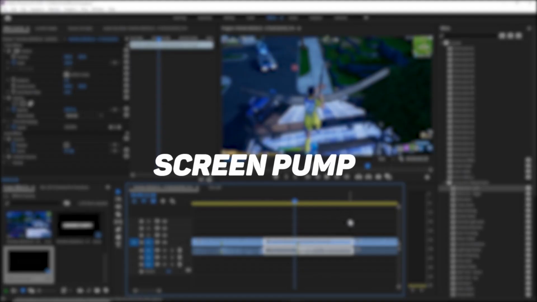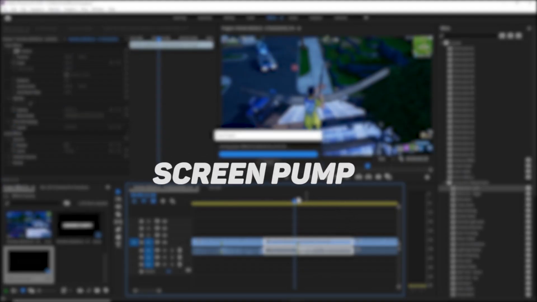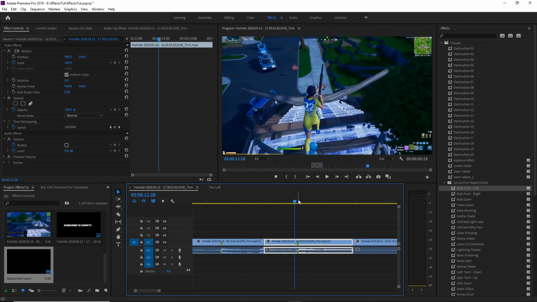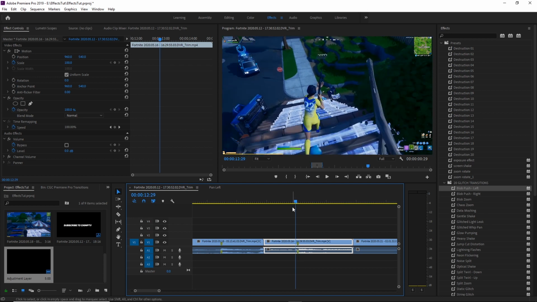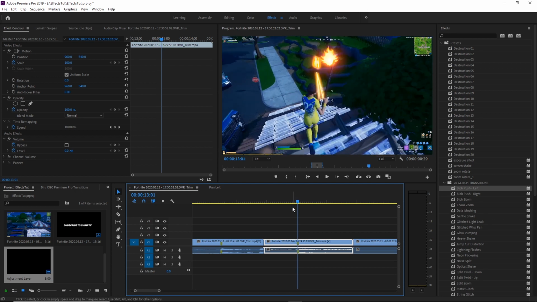Alright, now for the next effect, this one's called the screen pump. Basically what this does is it zooms in a little bit when I hit the shot, and it adds a cool little effect. So I'm going to go ahead and place my marker right here, where the shot connects. And go ahead and make sure your clip's selected, go up to effect controls,